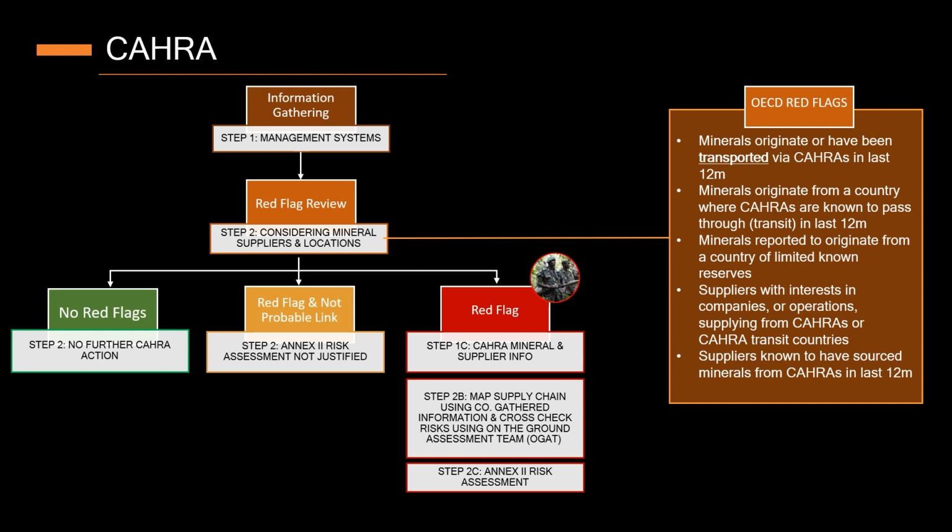The auditor should not find themselves in the position where it suddenly transpires in the opening meeting that the mineral sourcing is related to conflict-affected and high-risk areas. Provided the audit and assurance process has followed module 6, contracts have been agreed where the scope is understood, and a preliminary risk assessment and a risk and materiality sampling plan have been carried out, it should not arise during the opening meeting that the mineral supply chain is linked to CAHRAs when the auditor is expecting that it's not. But please do review this process prior to the opening meeting.